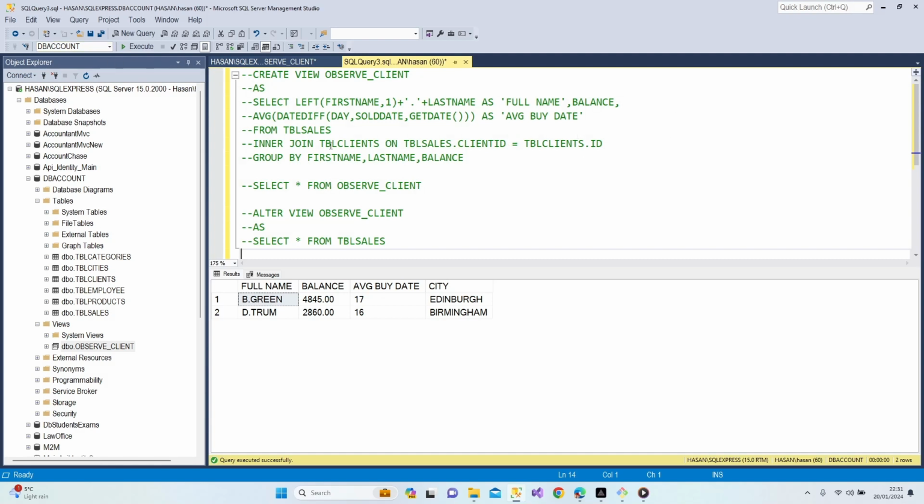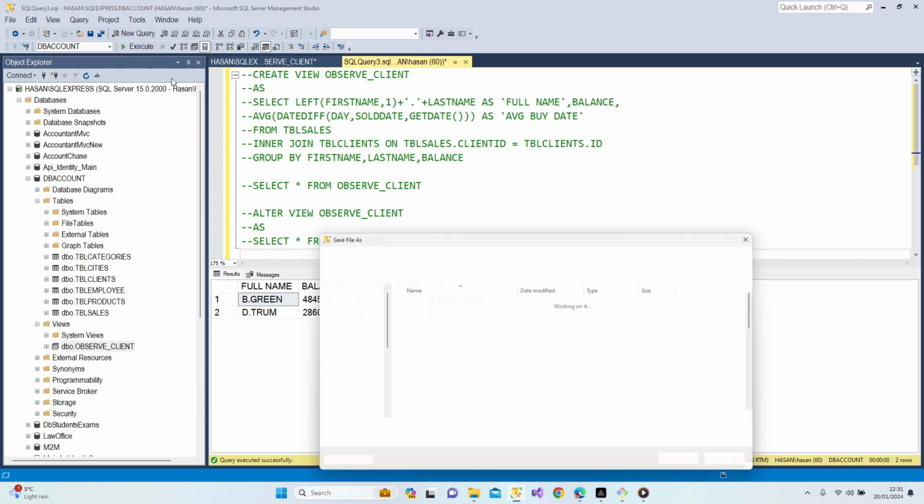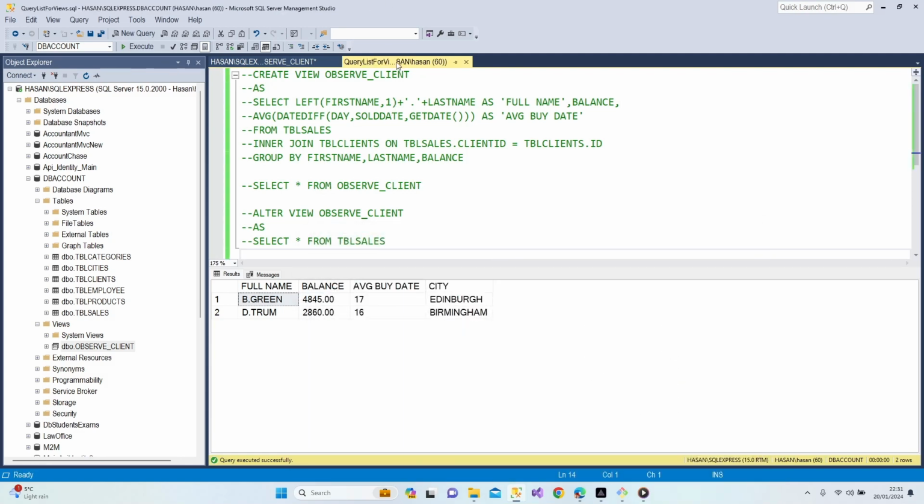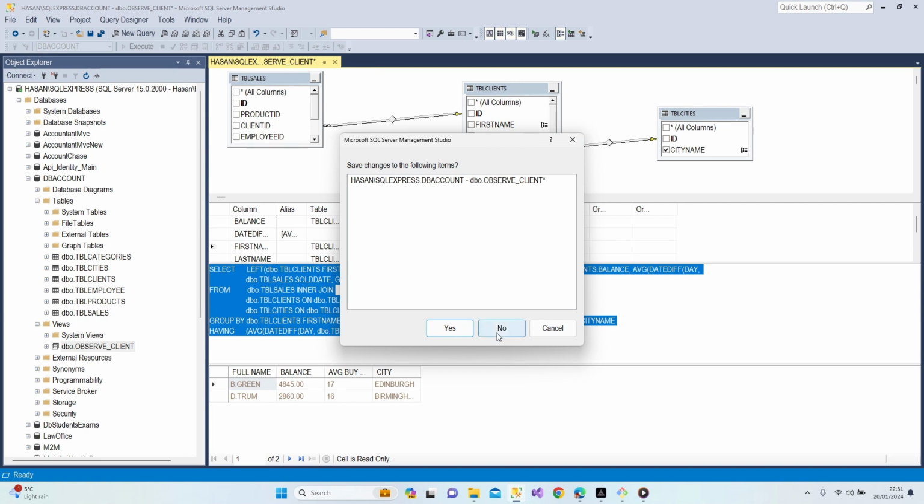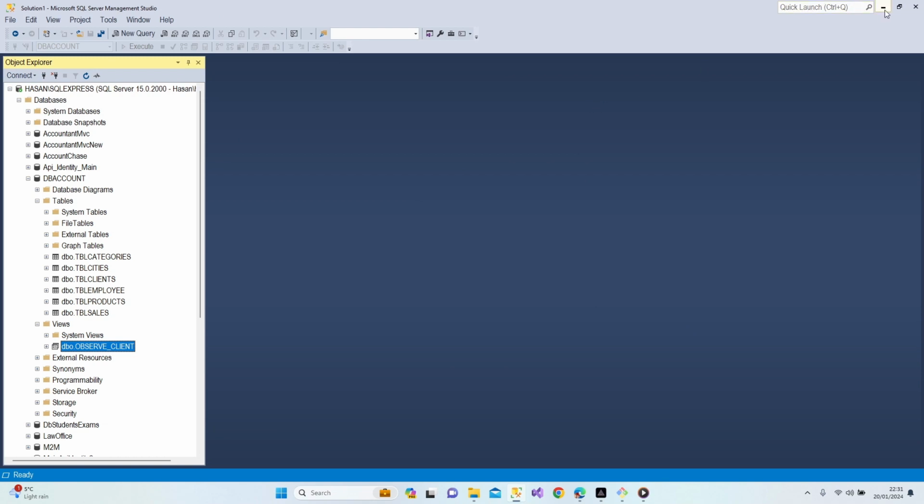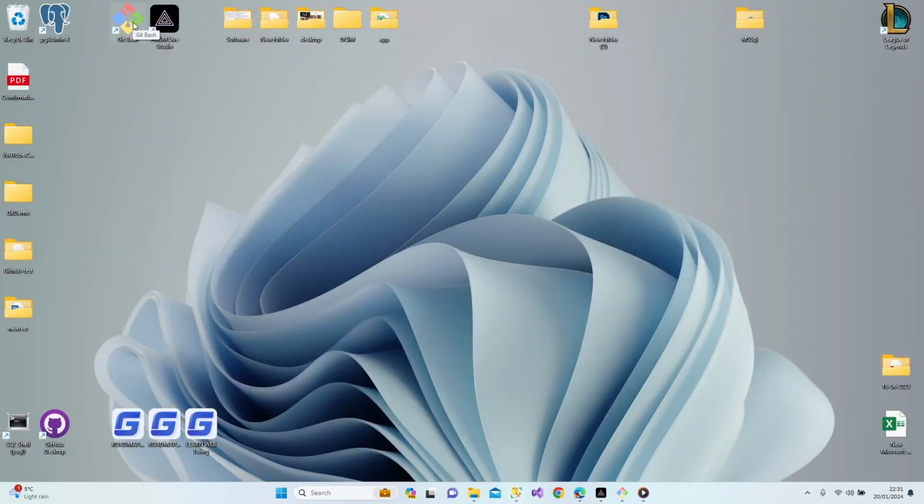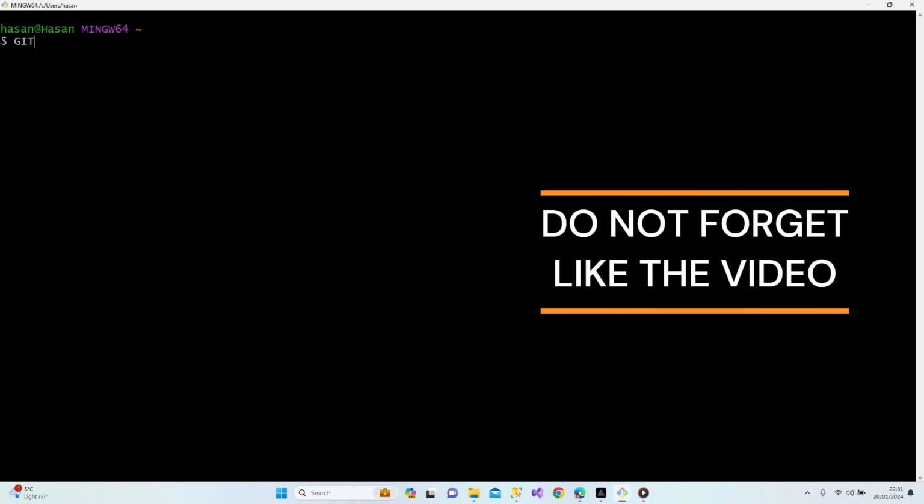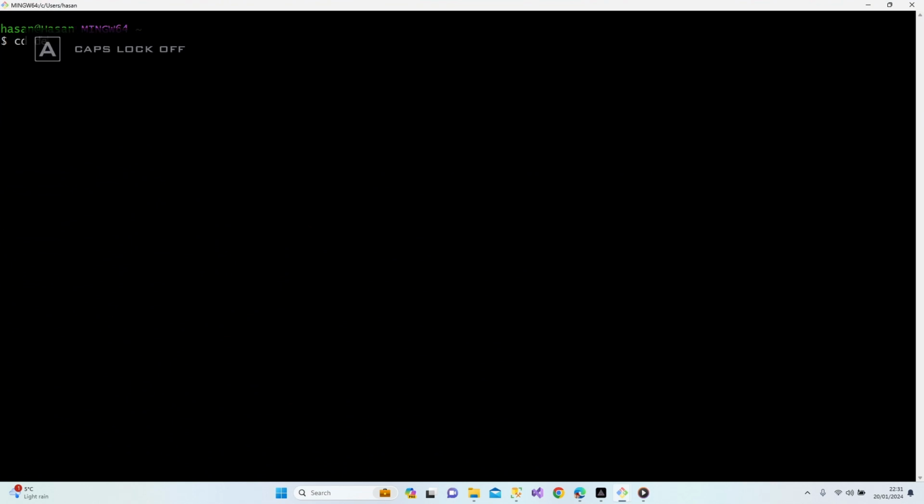Okay, now I'm going to save this query. Query list for views. Save it. Close it. Should I save it? Okay. Let's push them to our local repository. Okay, cd desktop, cd MSSQL,